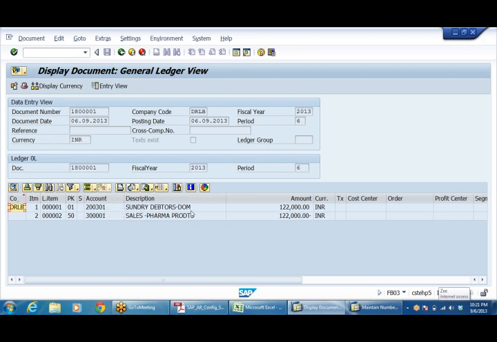See, this is the general ledger view. Sundry debtors, domestic customers. One question, Anand. Yeah, tell me. We have created two groups of accounts under sundry debtors, right? No, we have created groups. For each group we have given a sundry debtors account number, number 1, number 2 like that.